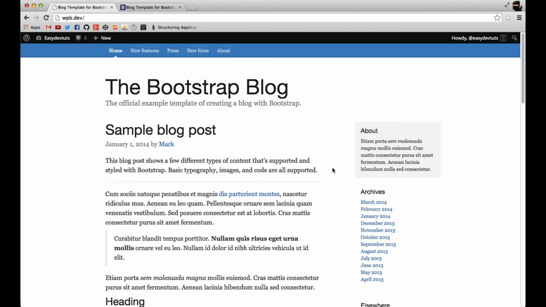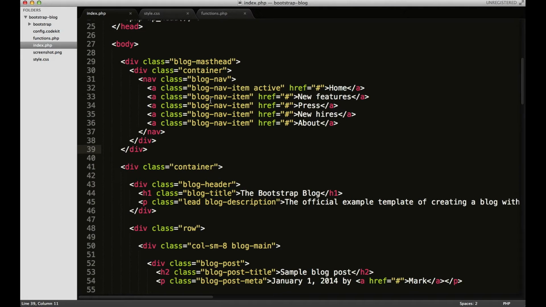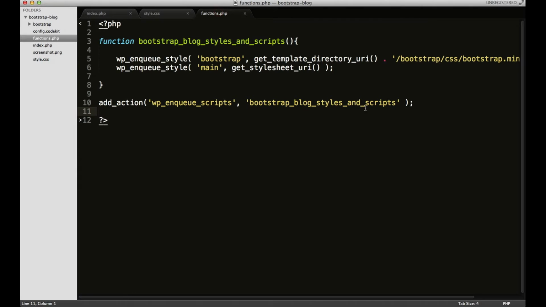Now we have this theme set up, and you can see here at the top there's a navigation menu. The only problem with this is that it's actually not a WordPress menu, it's just some hard-coded HTML. So what we want to do is create our own menu so that we can use it with WordPress. The first thing we want to do is go to our functions.php file, and we're going to add